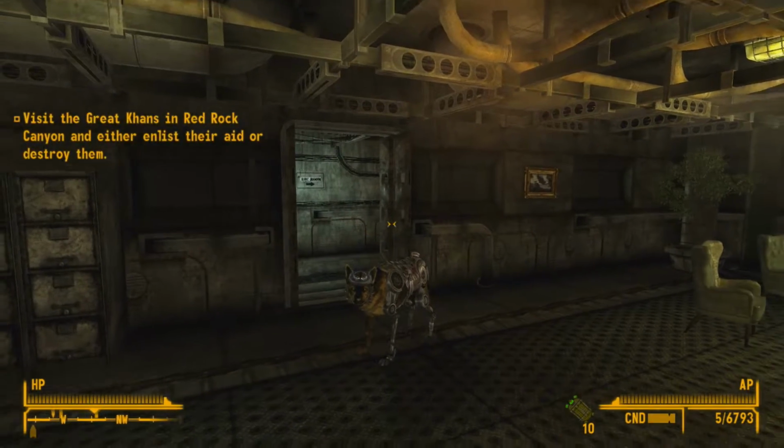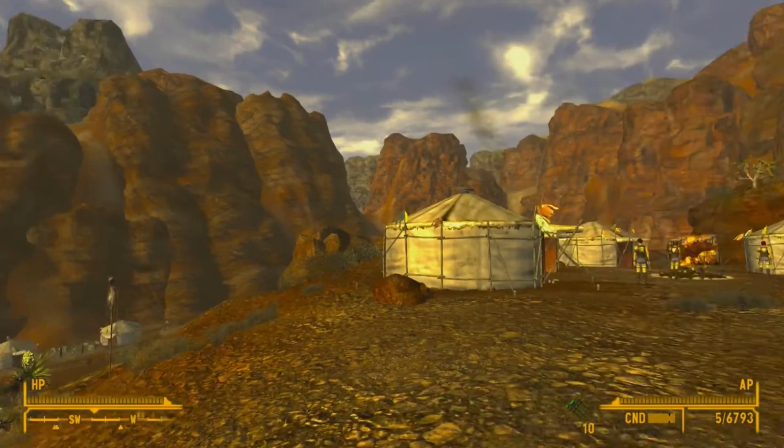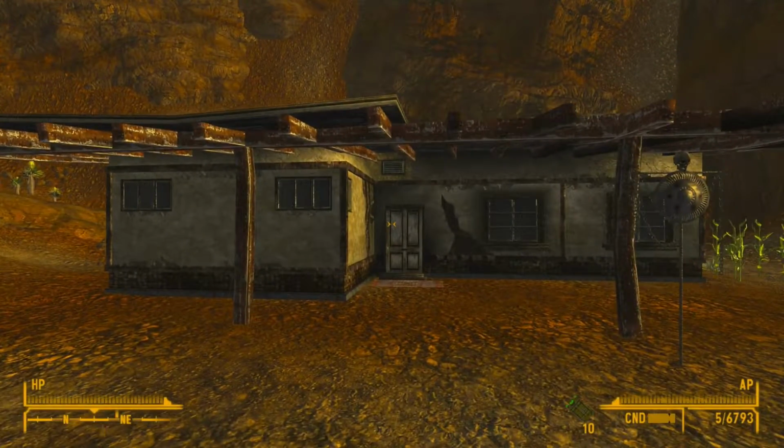Alright, you heard her. We're off to Red Rock Canyon, Rex. Let's get going. So I'm back in Red Rock Canyon, and luckily for me, I've helped out the Great Khans